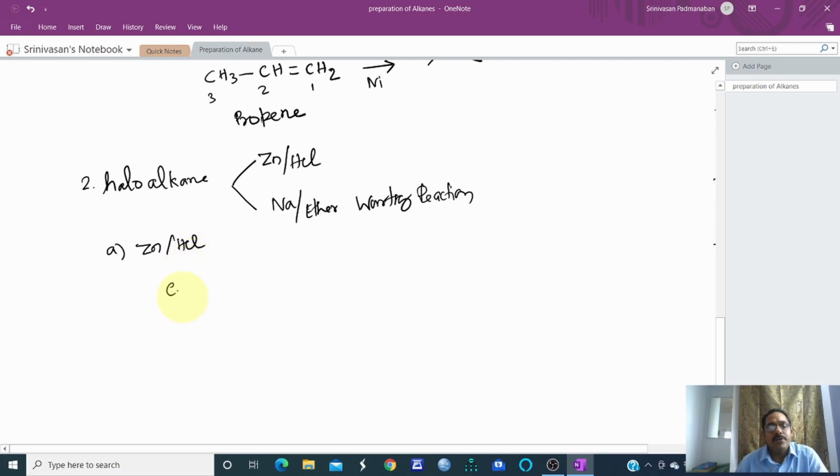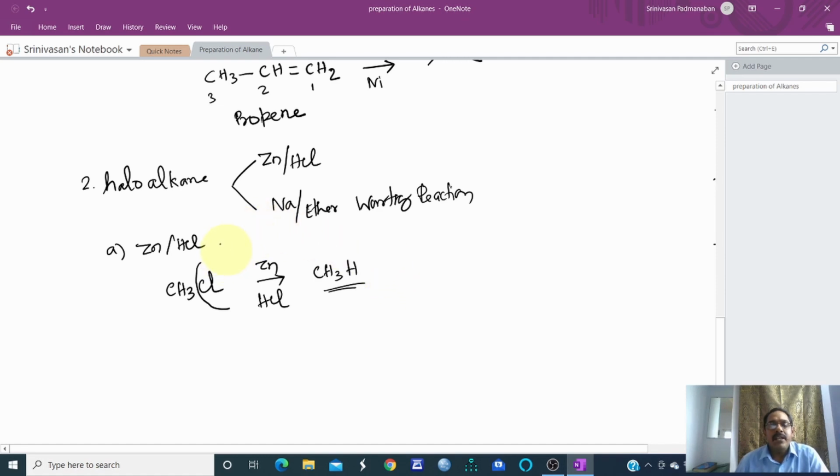Okay, I'll show an example. CH3Cl, so it's chloromethane. The halogen can be bromine or iodine instead of this. In the presence of Zn and an acid, hydrogen chloride, we will have CH3H. So what happened? In the place of chlorine, we have hydrogen. So now we got an alkane. This is the alkane methane, CH4. So the simple name is CH4.